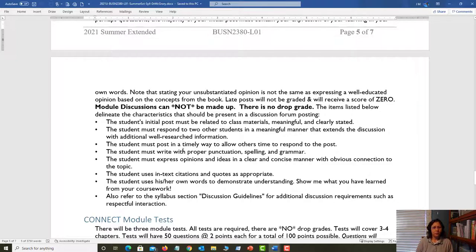These are not term papers. They are not big, huge writing assignments. Don't want you to think that. They are also not a trifle, okay? This is an intellectual conversation that you are having with your classmates, and this is what I mean by intellectual.